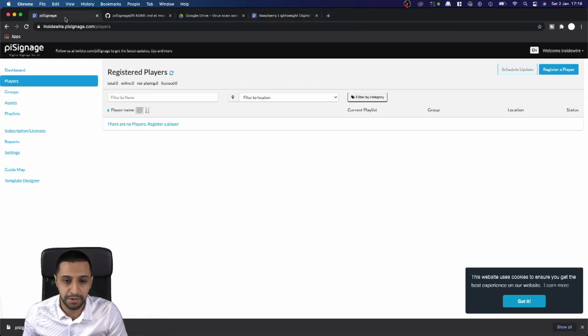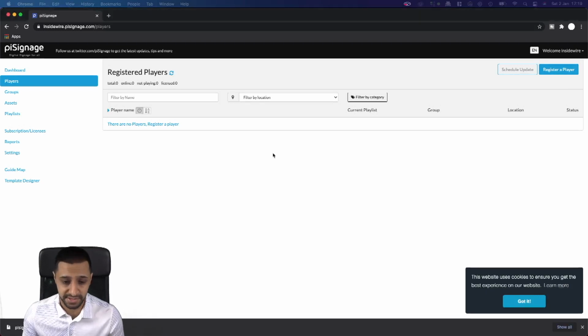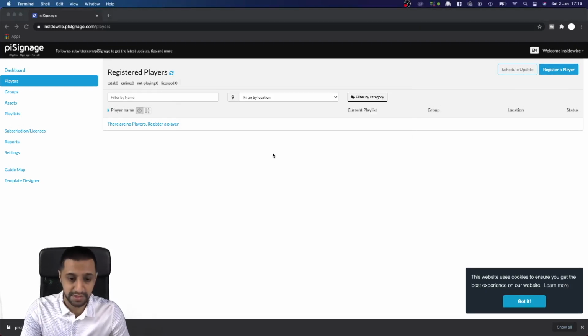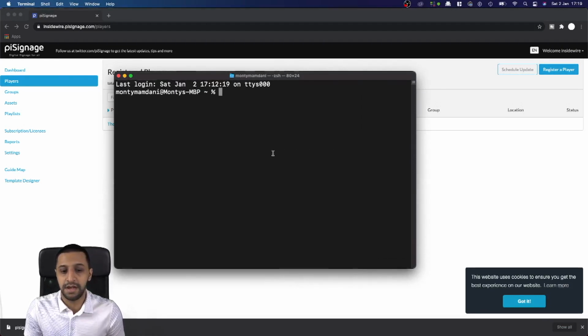So now we want to go back to Pi Signage, so let's just close these for now, and we don't have any registered players. So my Raspberry Pi is completely headless and we need the player ID to register this. One way you can do this is quickly open up the terminal app. Let's just make this bigger again. Just SSH into the Raspberry Pi